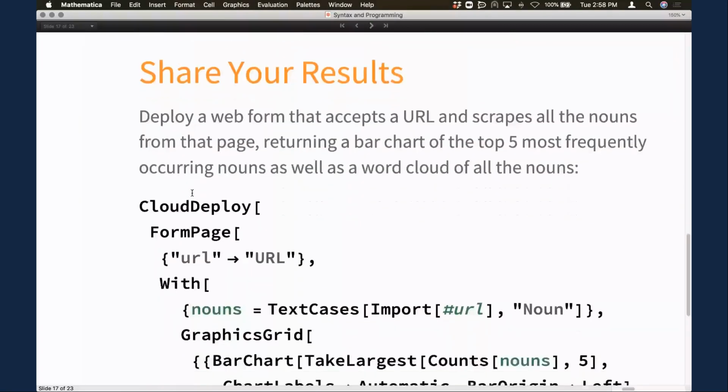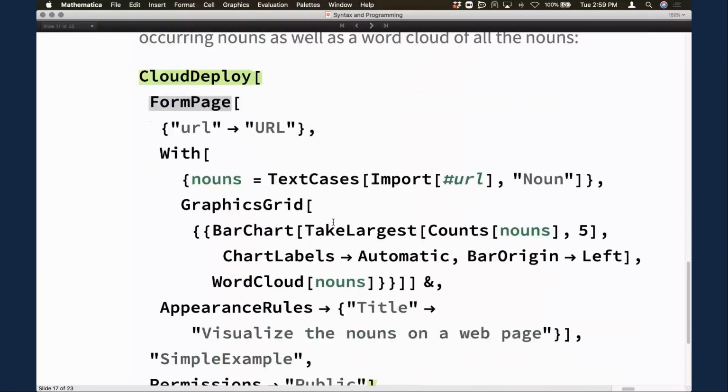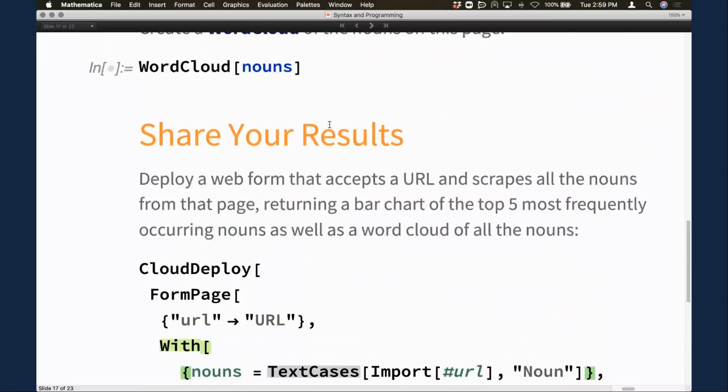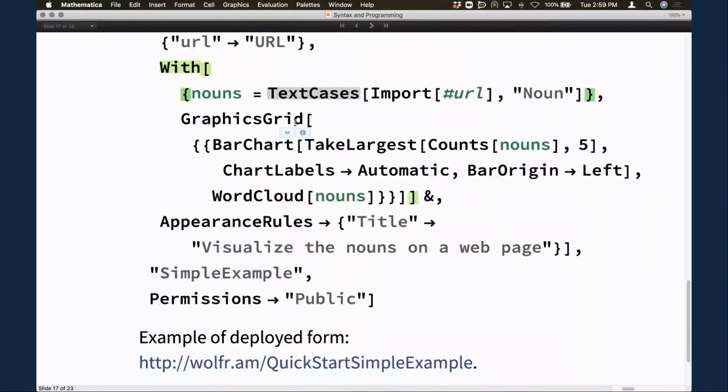And then finally, it shows you an example of how you can cloud deploy a form page, so that you have a web form where you give a URL. Again, you can do that error checking very automatically by specifying that the input you want has to be of type URL, and you get that URL, and then you import all the text from that web page, and do exactly the kind of analysis you did here in the notebook,